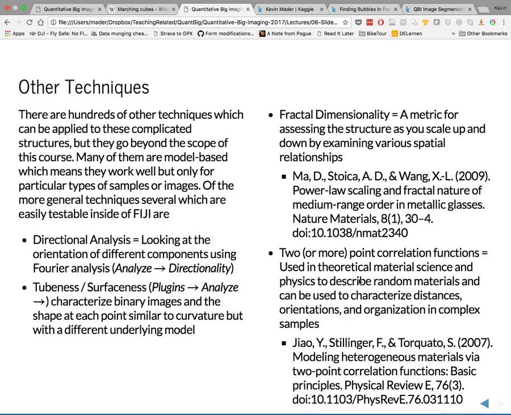And so this tends to come up a lot in theoretical material science, where you're trying to build models for objects and predict how those objects will work in the real world, but you can also use this for taking image data and condensing it down into one of these correlation functions and then analyzing it as it's done in